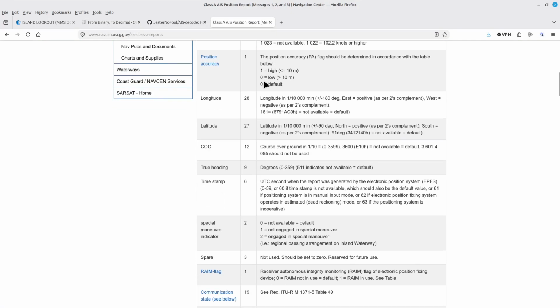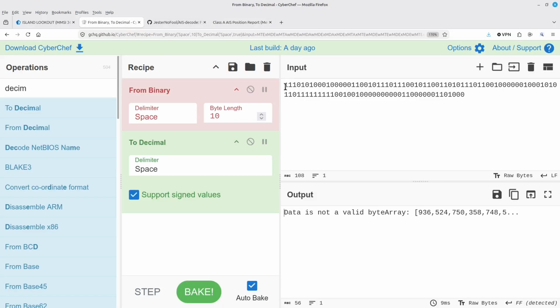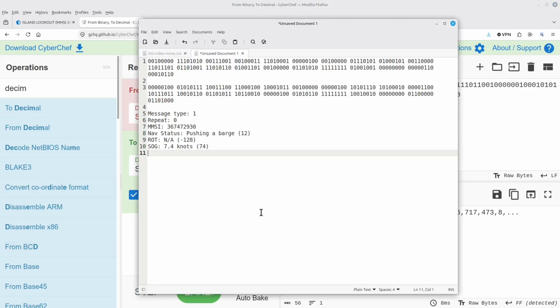What's next? Position accuracy. 1 bit. 1 is a high, 0 is a low. This one is a 1, which means it's high, which, hey, if you're a tugboat pushing a big barge in a large body of water, it'd be a good idea for people to know who you are because they don't want to run into you. Go ahead and get rid of that. Add that to my